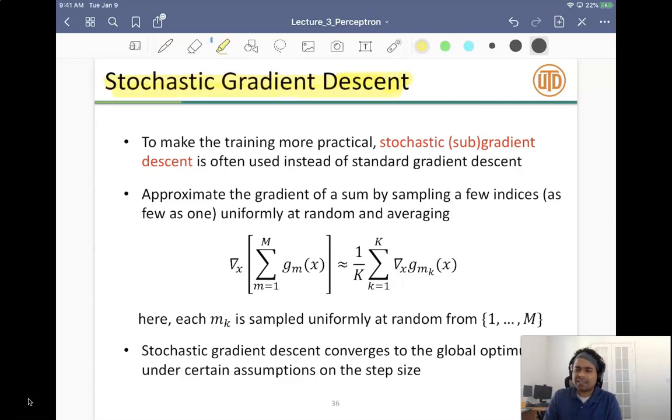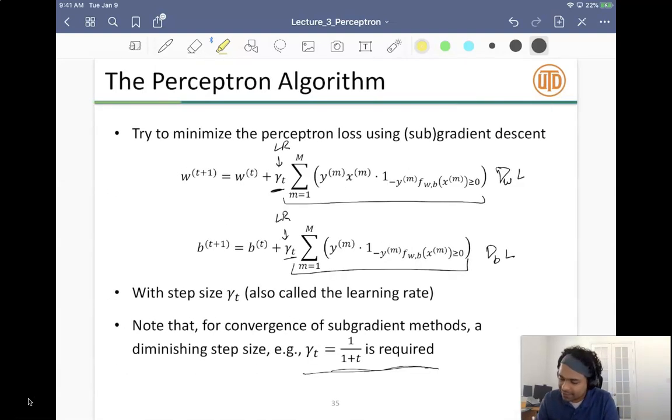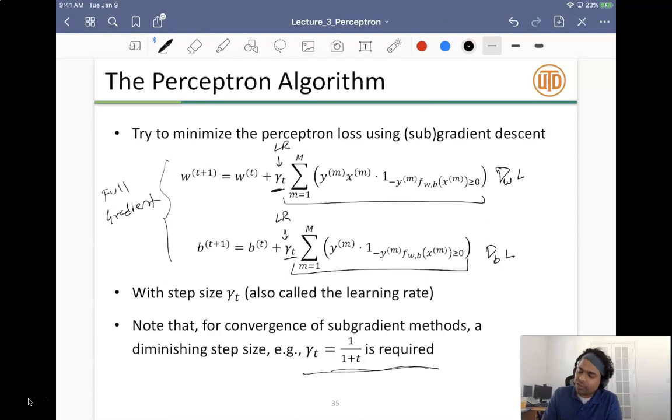So in the last lecture we saw the full gradient descent, right, where we compute the gradient of this entire term. So this is a full gradient descent, right? So this term is the full gradient. But you can also compute the stochastic gradient. So stochastic gradient is, instead of using all the m over here, right? So the sum over m, and if m is very, very large, then computing one gradient can be very expensive.